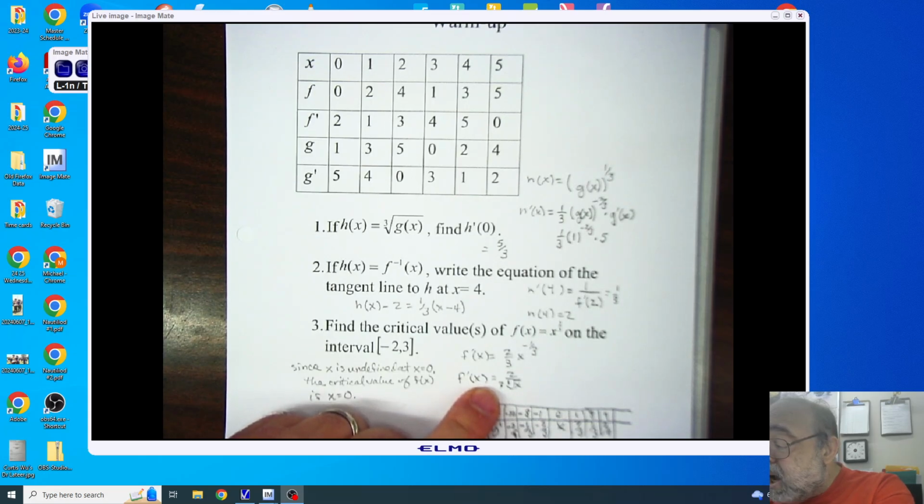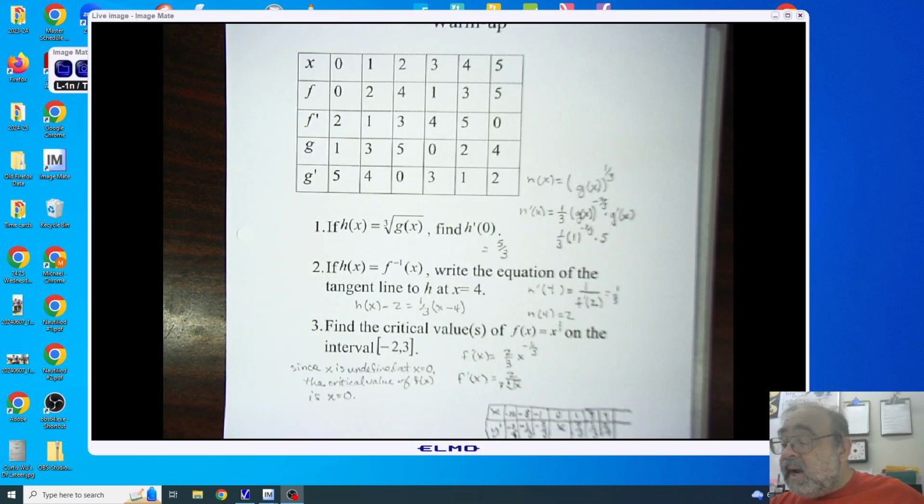And on the positive side, I can see that it's going to be increasing. So, from this, I can now start to view the graph as doing something like this,